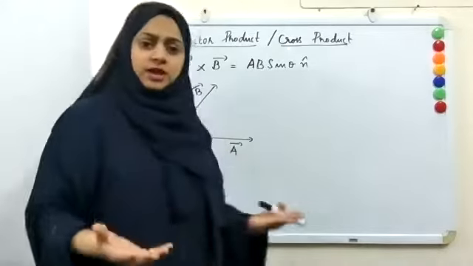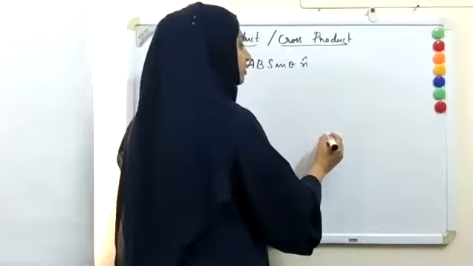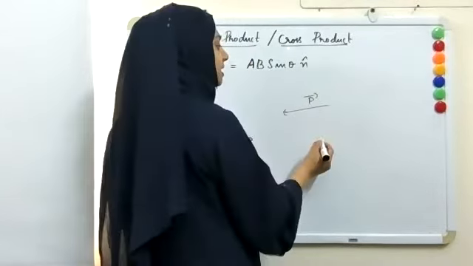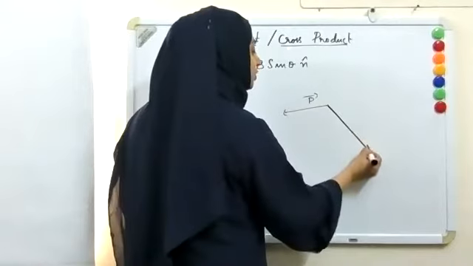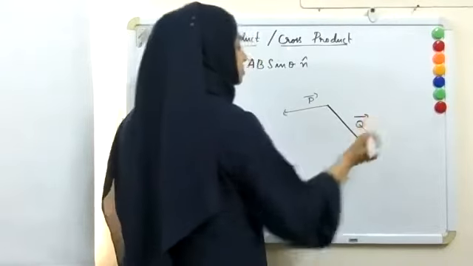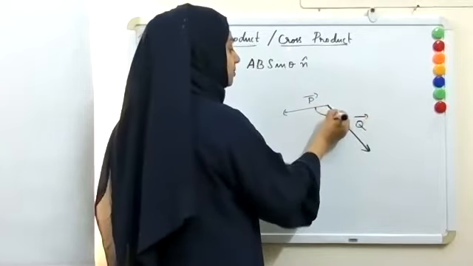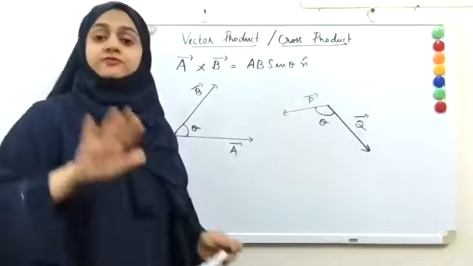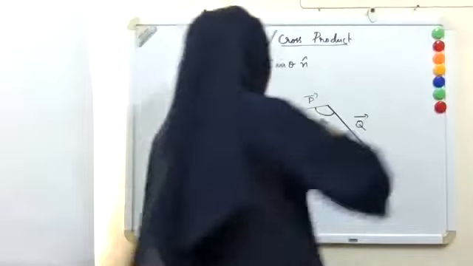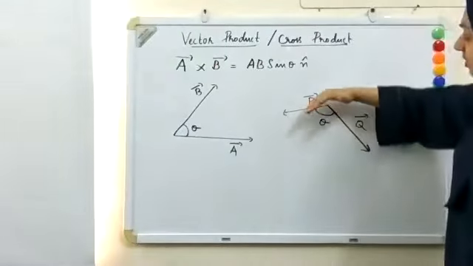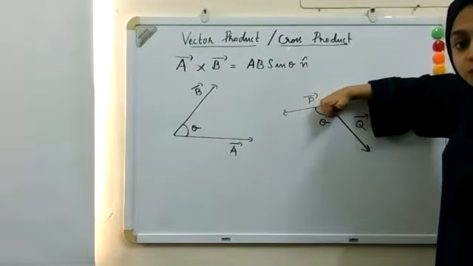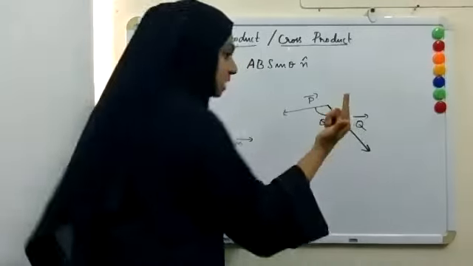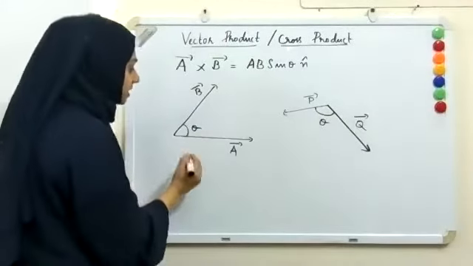Now, suppose I have a vector P, and I have another vector Q, and I have the angle between them theta. Now, when I find P cross Q, I have to take my right hand, keep the fingers in the direction of P and curl it towards Q, so you can see the thumb is pointing outwards. Now, that is outwards. Now, what if I am considering